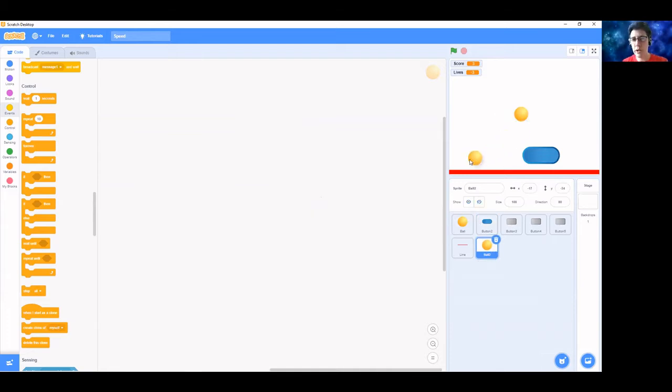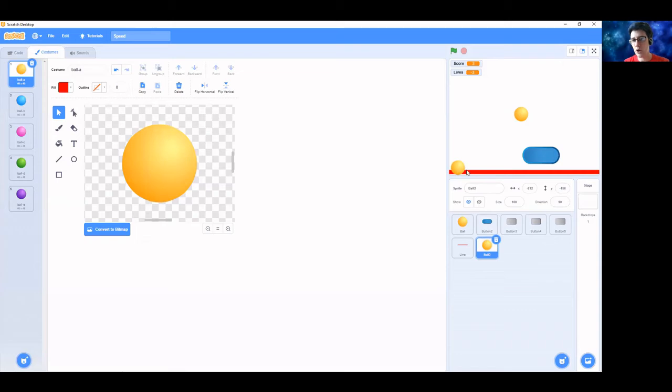Which one's that one? There we go. Now, for this, first of all, I'm going to go into the costume for this ball. I'm actually going to shrink it down a bit. That's a bit too far. I want it to fit in this corner here quite nicely. So there we go. I'm going to call that costume